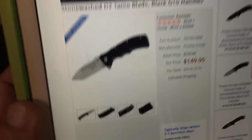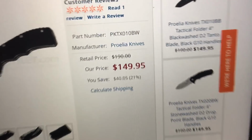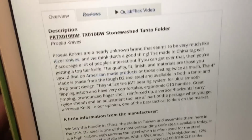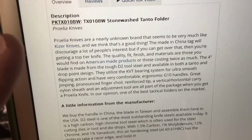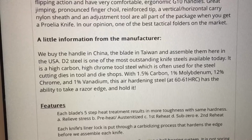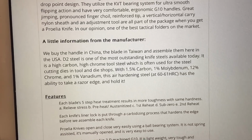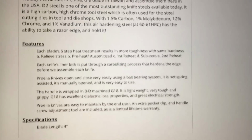Okay, here's the knife on Knife Center, $149.95. Okay, so $150, supposed to be $190. Blah blah blah. There's the model number, all that crap. Go down here, flip, and pause and read here if you want. A stonewashed auto folder. They're equating them to a degree with Kaiser, that kind of thing. And I guess I get that. The manufacturer, okay, we buy the handle in China, the blade in Taiwan, assemble in the USA. See, I didn't just know that off the top of my head. I read it up and then I just spit it back to you like a cheat that I am. Okay, features, and oh,